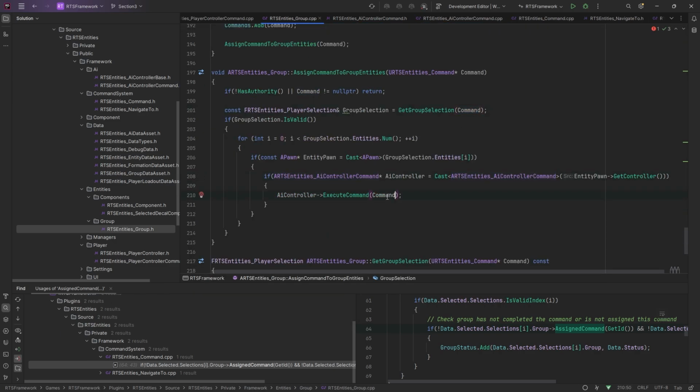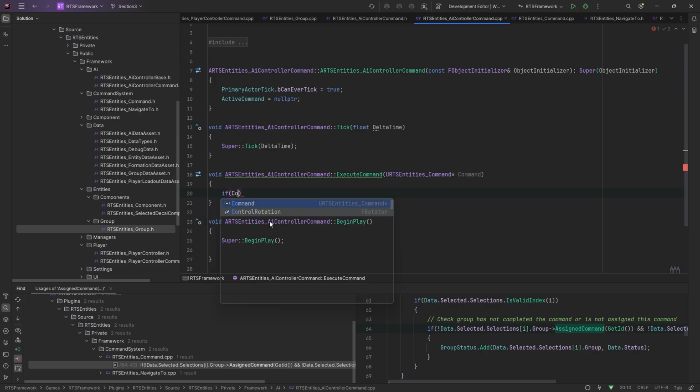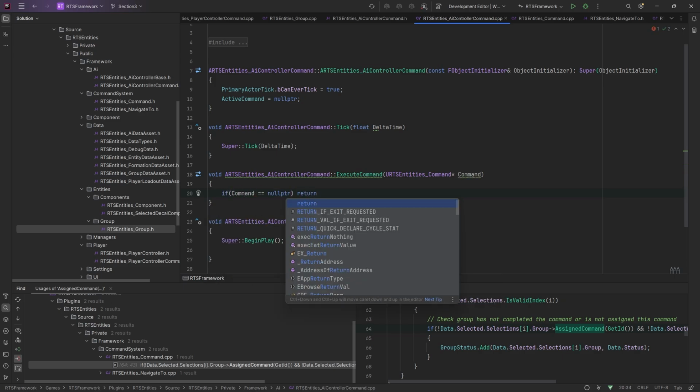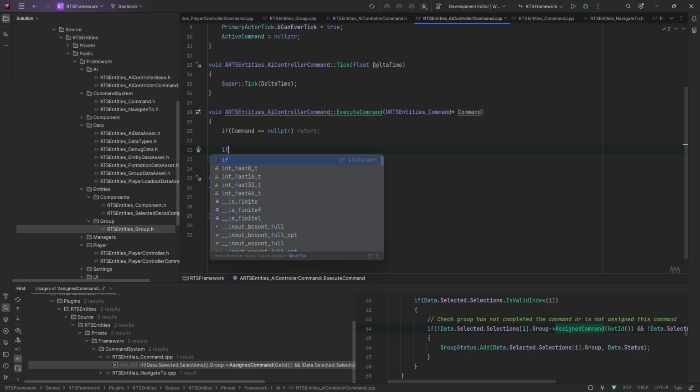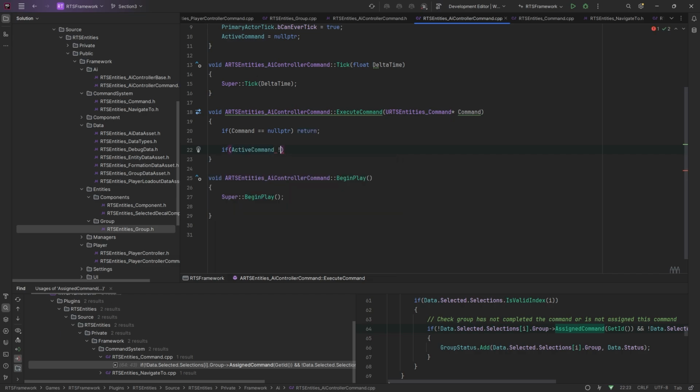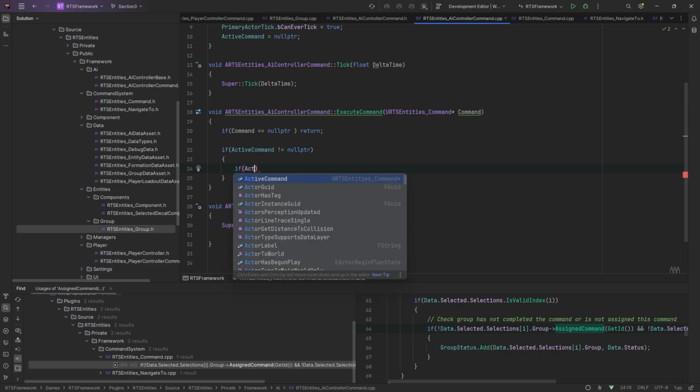And passing the command in here again, we want to check the... and if you recall in here, we've got this active command. So this is where we want to store this command that's coming in. So we want to check if that active command is not null, as in there's already a command there. And we also want to check, just as a double check, actually it'll probably have to be after this null check. Actually, I'm going to put it inside. So if the active command,